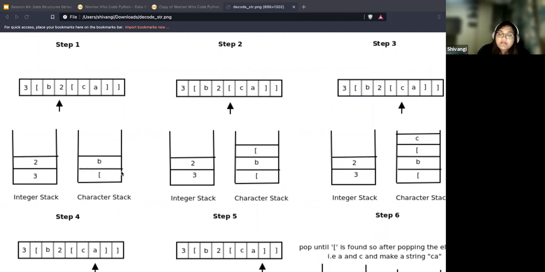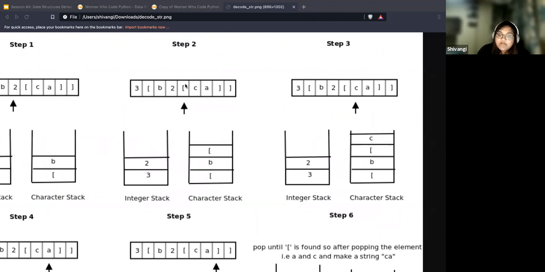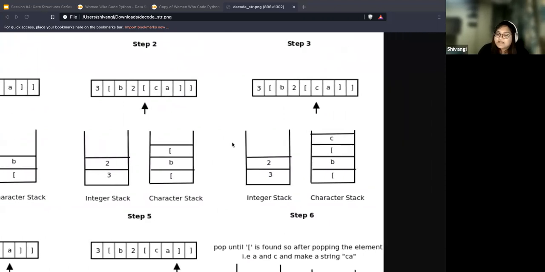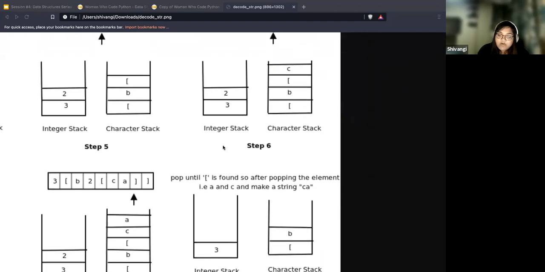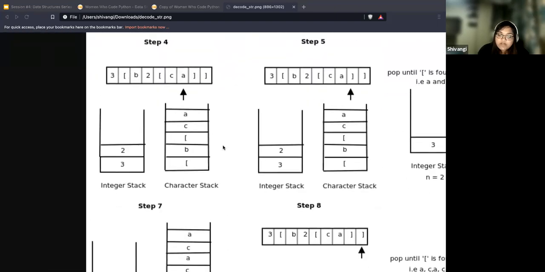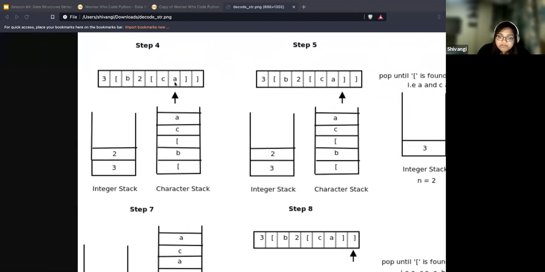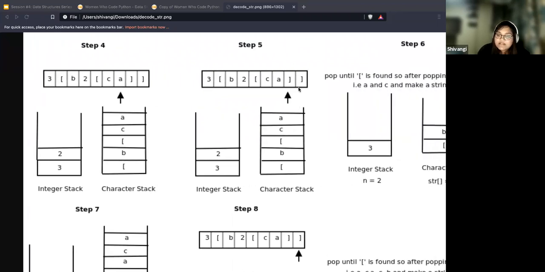And then you move right again, and you find an opening square bracket. You push it into the character stack. Then you encounter C, which goes into the character stack again, or the string stack, whatever you call it.